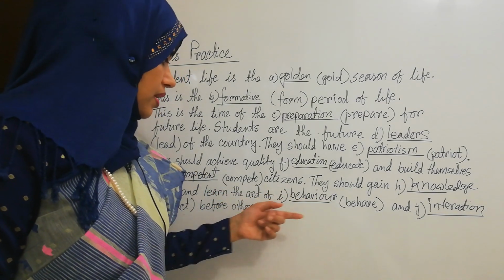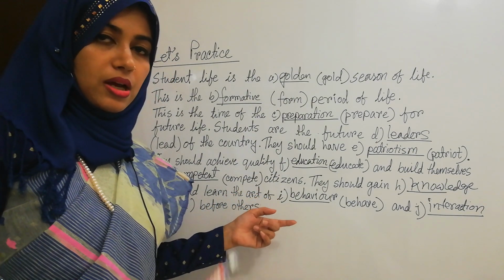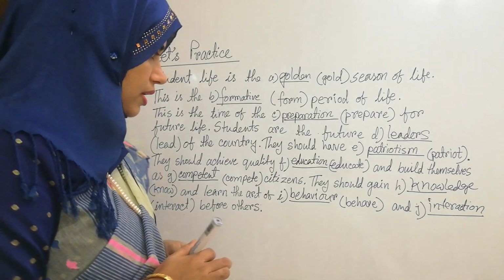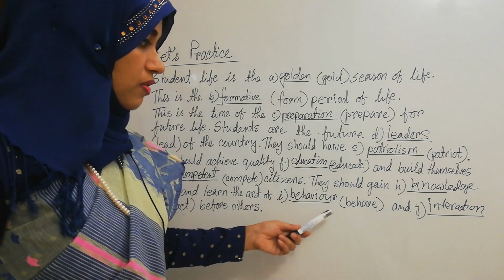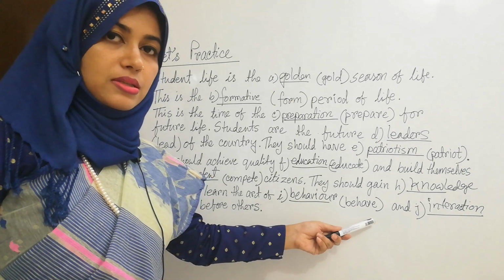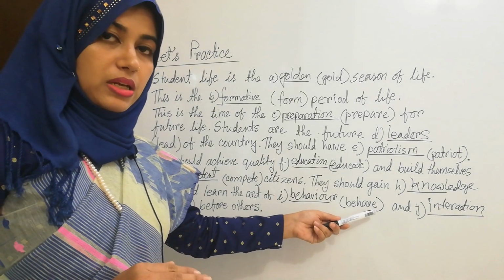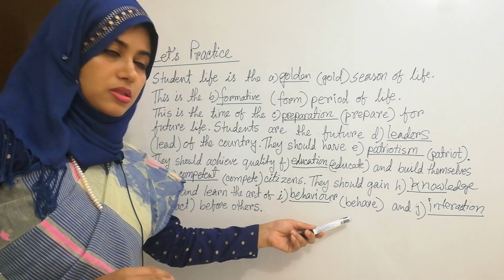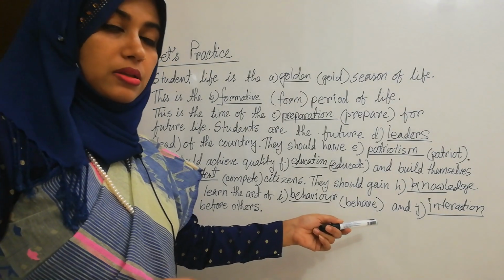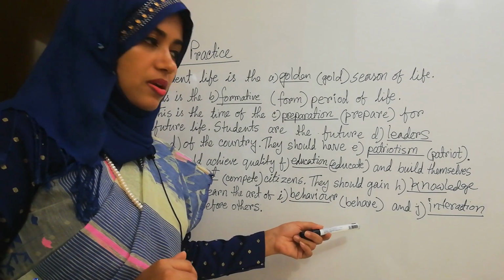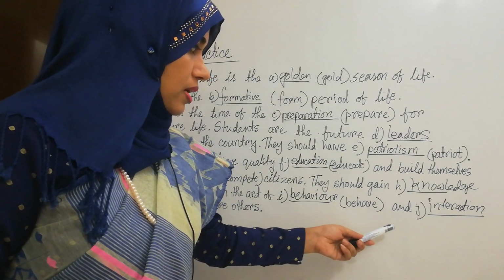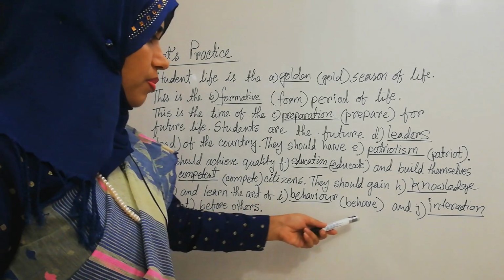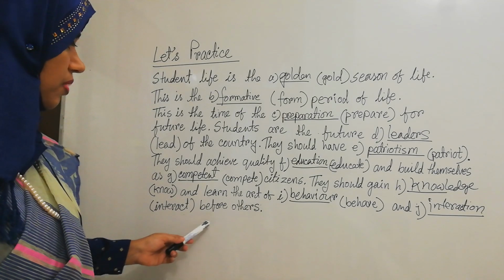Again, the art of behave, article and preposition. After preposition also we usually use the noun form. Okay, so behavior, remember one thing, if the word has e or y at the end of the word, in that case we have to omit that e or y, and then we have to use the suffix. So next one is and interact. See the sentence again, learn the art of behave and interact before others.